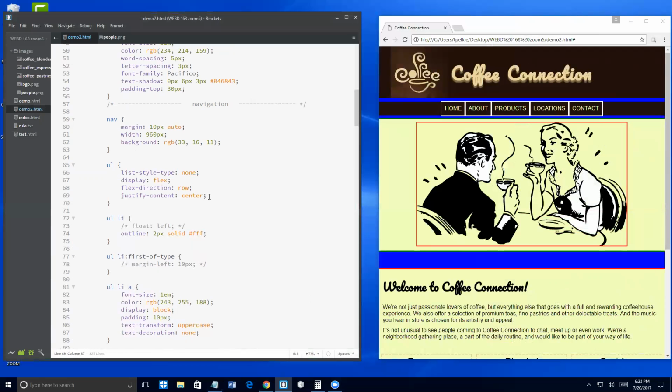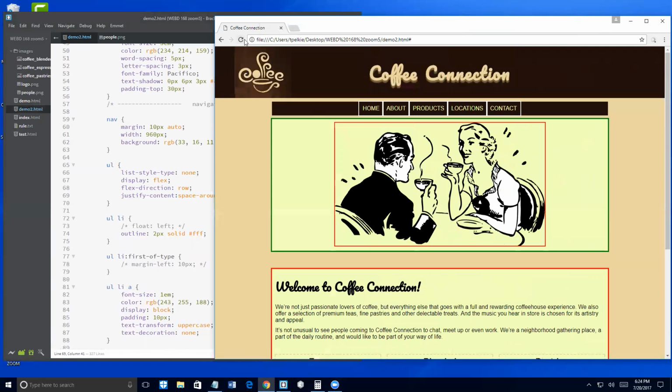All right, this is justify content. We can do center. We can do space around, which is, I think, the one I like. So if I save it, let me pull this out. There's space around. It kind of just divvies up the space around it. Not that I really like it, but I'm just saying if these were a little bit bigger, it would look nice. And notice, it works on the desktop,